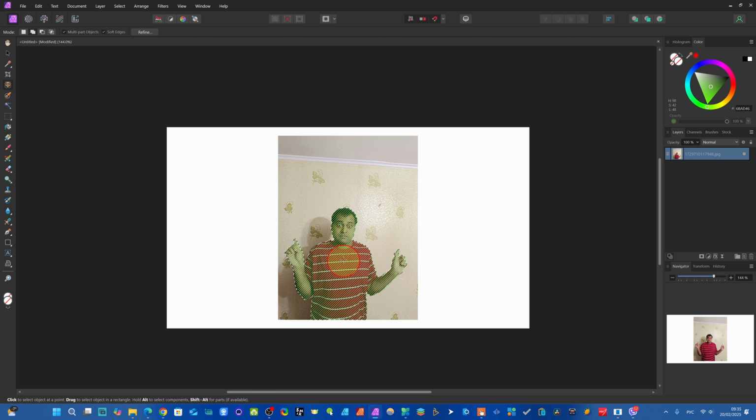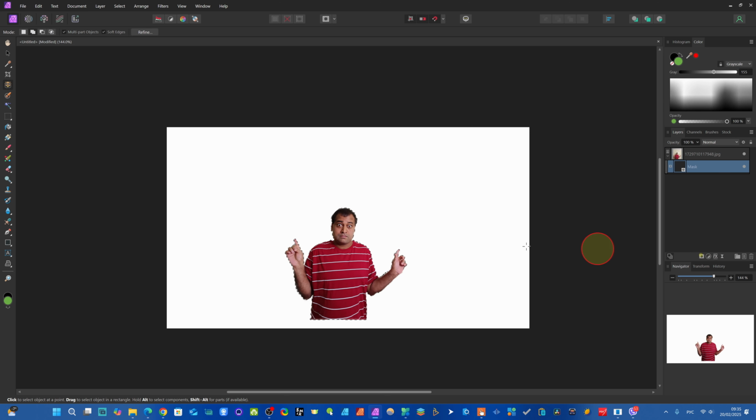And now we come here, you see it has selected. Once you press the left button of your mouse, you have to put it on this, and it has been selected now. And now we come here, you see it has been selected. Now we come here to the mask layer. It will actually mask the layer, and our background will be very easily removed. You see, we have removed the background so easily now.